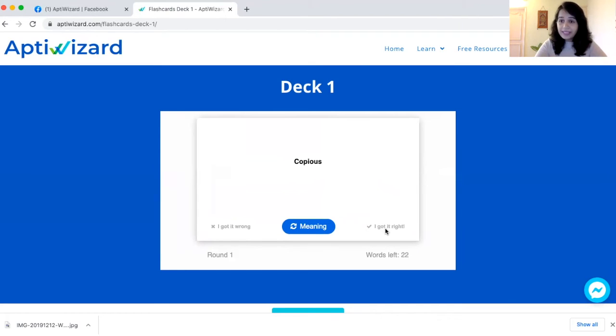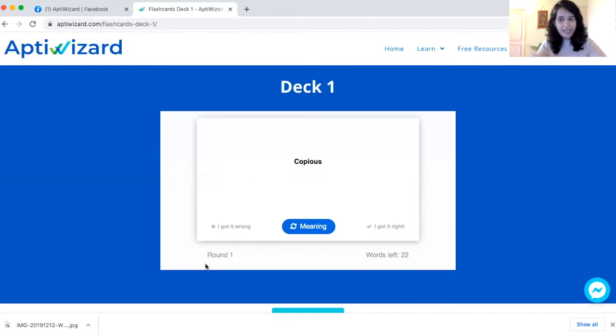Now the purpose of clicking on right or wrong here is that this is round one. If you look here, the flashcard shows that this is round one, and we're actually learning all of these words for the first time. But the words that we have gotten wrong are the ones that we need revision on, correct? So what these flashcards do is they enable us to revise the words that we have gotten incorrect. And the flashcards show us all the words that we are getting incorrect again and again in the different rounds,